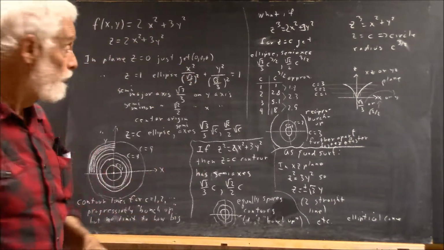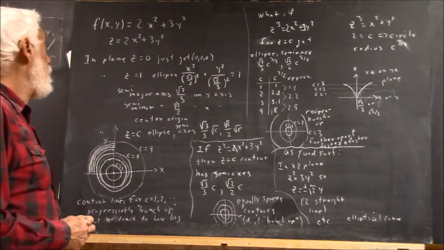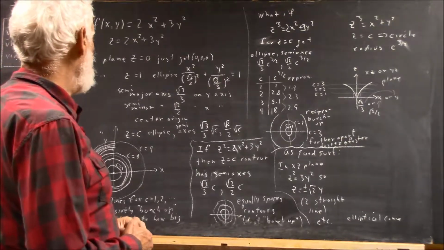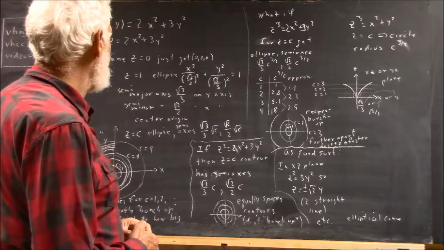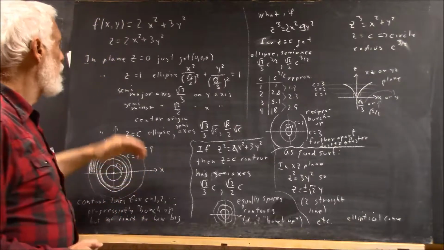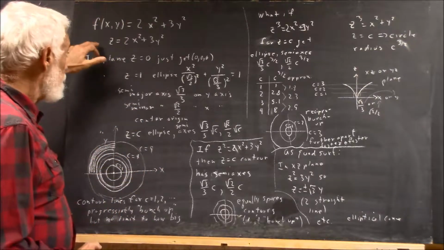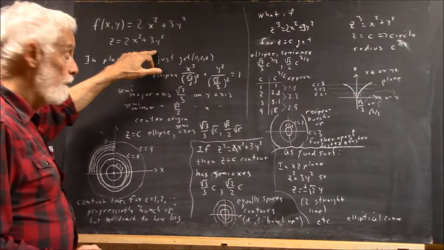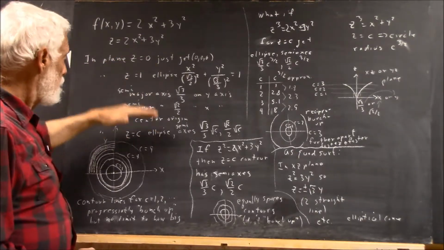We can recognize that as a simple quadratic surface, and I wanted to start off with a pretty simple idea, a simple surface. Now, we want to look at the intersections of this paraboloid with different planes